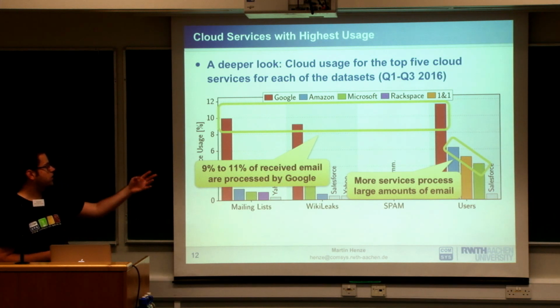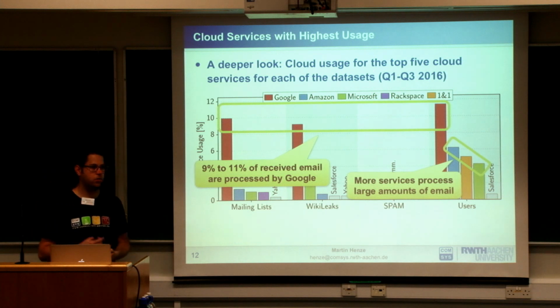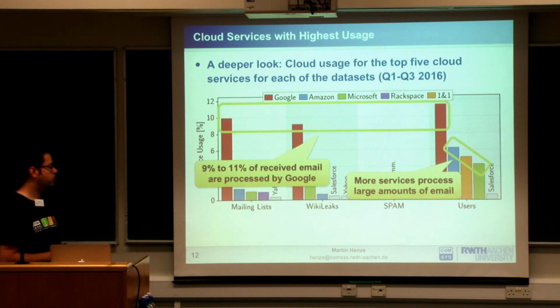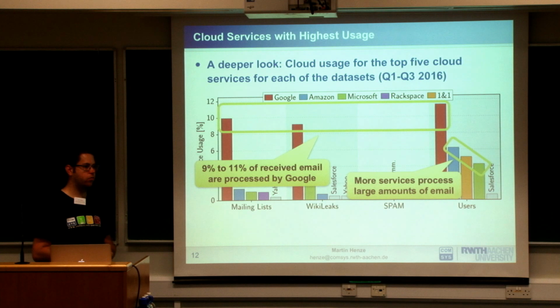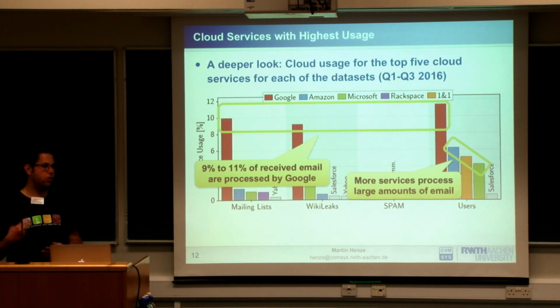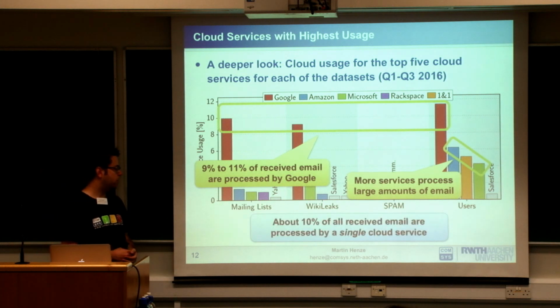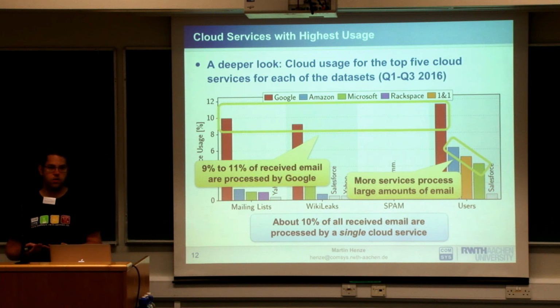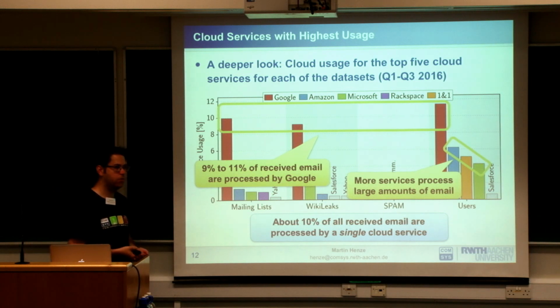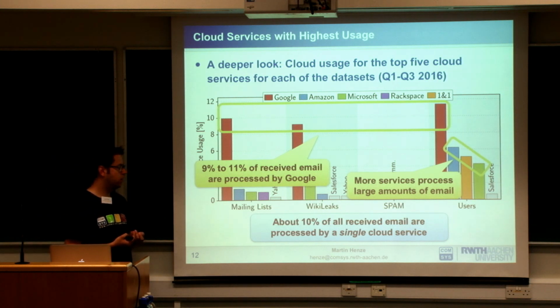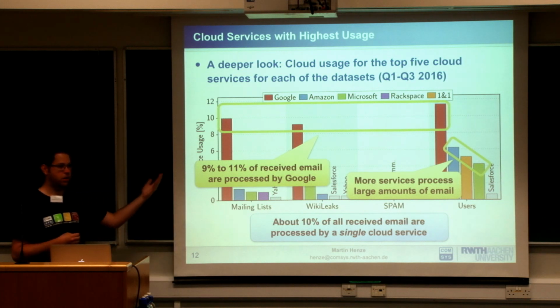It's partly biased. You see that 1&1 is quite prevalent there because that's one of the largest German email providers that you can use for free. But also you see a lot of Amazon. Probably, we can't look into the details because we only get the aggregate from the users. That's for marketing emails that you of course get as a user but not on a mailing list. But the important message here is that if you're receiving email, and even if you're not using a cloud service for your email account, still about 10% of the emails that you receive are at some single cloud service. In this case, it's Google.